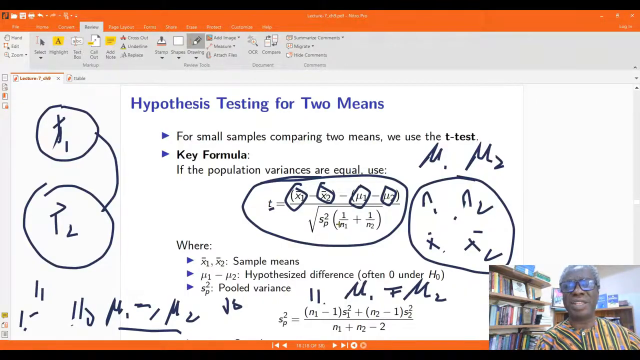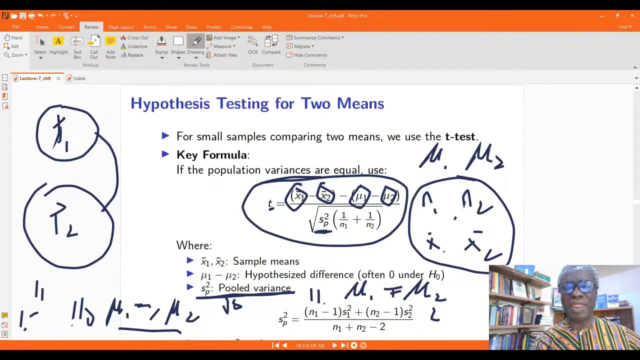And every other thing. But one thing here is the S squared P. That is called the pooled variance. It's called the pooled variance. So the pooled variance is calculated using this expression. So it will use